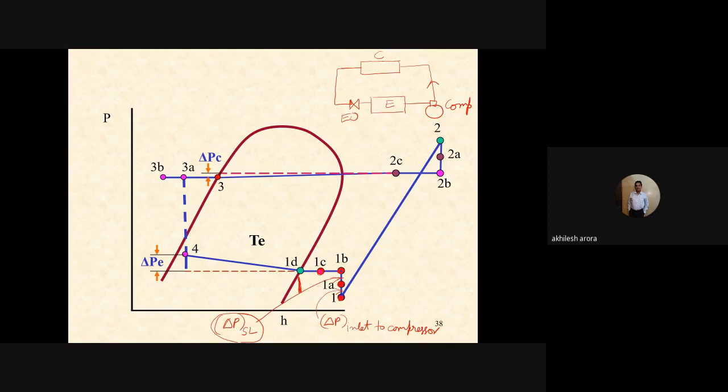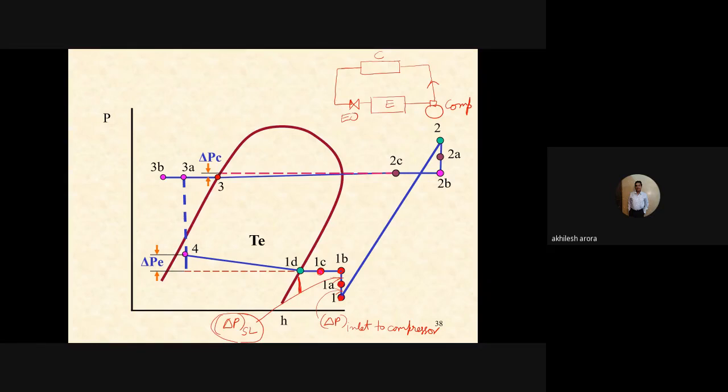Okay, so this effect is actually known as the wire drawing effect. In the extrusion process also we are drawing a wire, so here also we are drawing the refrigerant. So you can say the wire drawing effect, or the extrusion effect, is causing the drop in pressure, because the area at the inlet to the compressor valve is smaller. Okay, then I hope this 1A to 1 is clear to you.